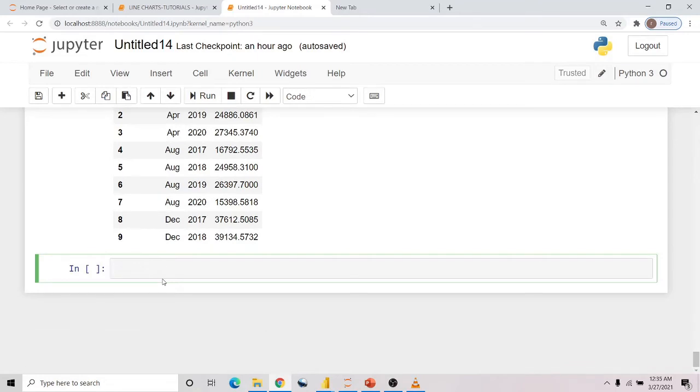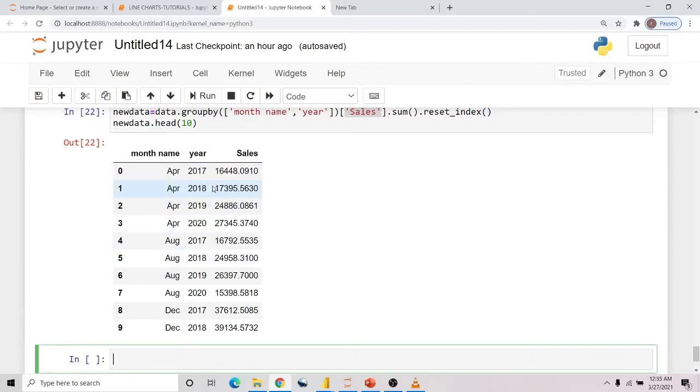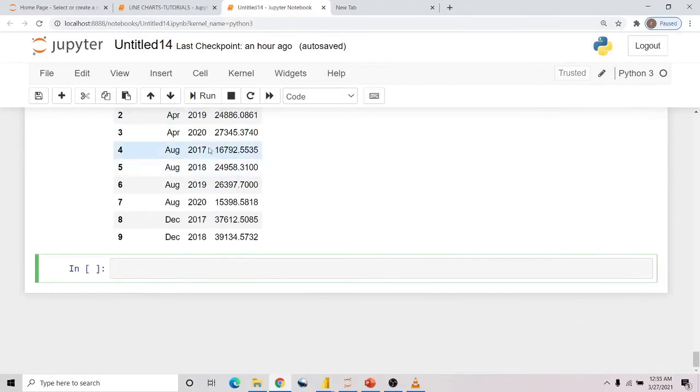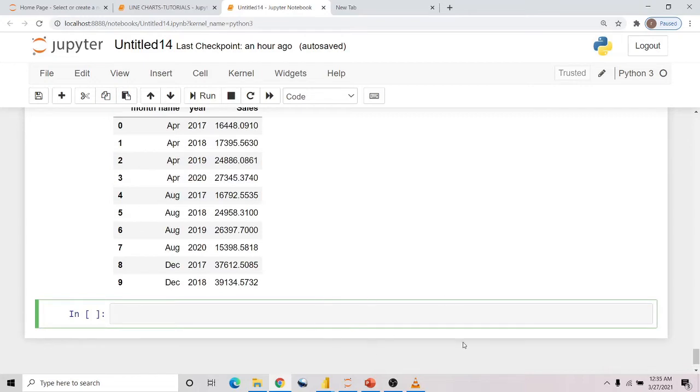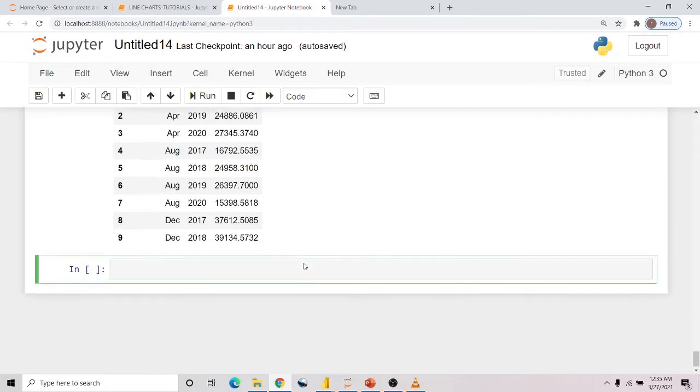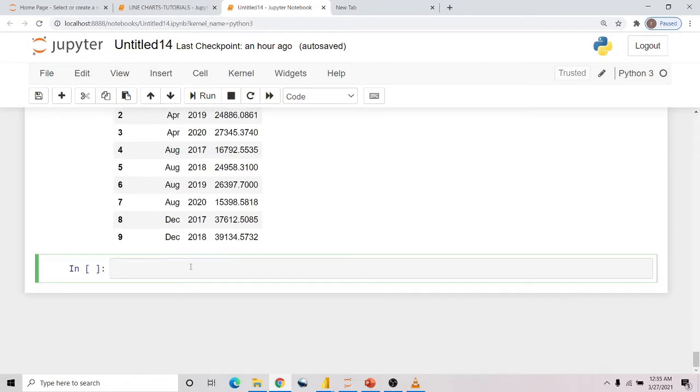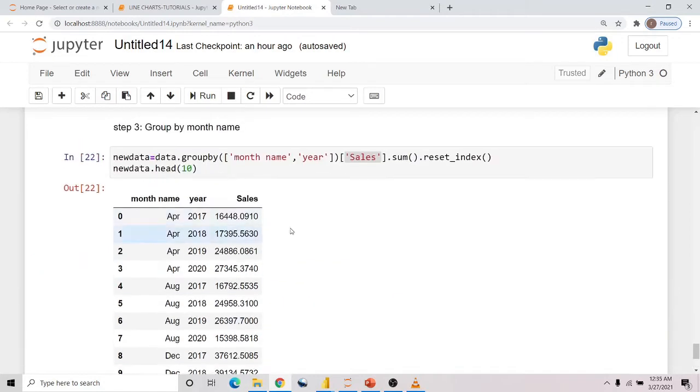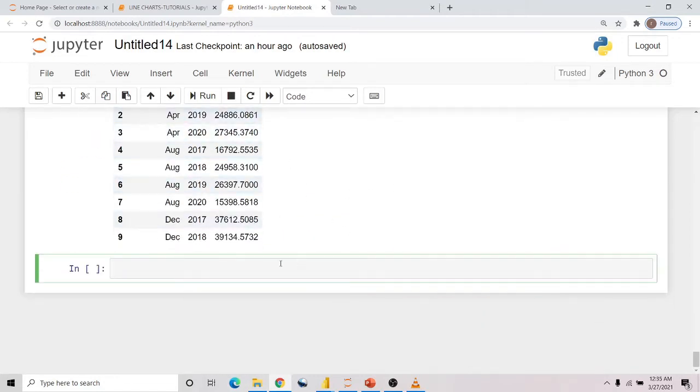Our next step is to transform our data. Because we want to plot our months by the sales, our years should be in the column section, and then we'll have also our months. After we are done, you'll see what I'm talking about, because we want to plot all the years on one chart. We want to transform our data in such a way that we'll have the years in the column sections. So in that case, I'm going to import numpy,